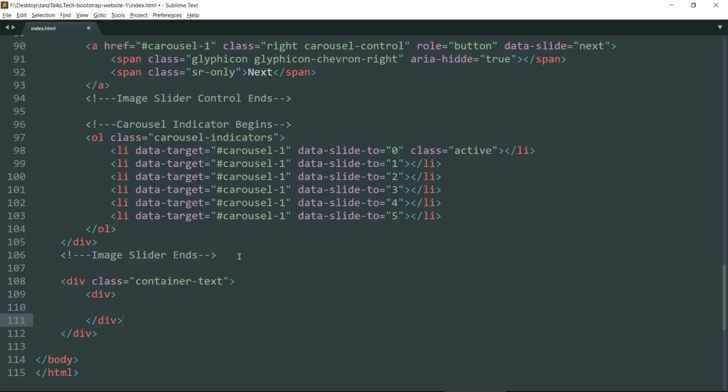Let's give it a class page-header, because this is going to be the header of this container.